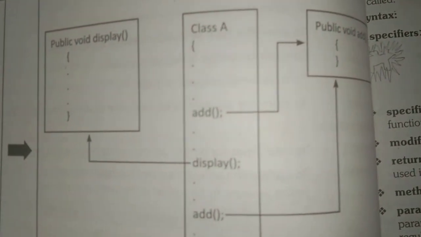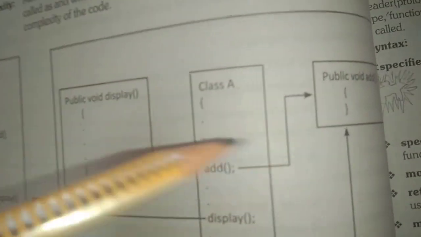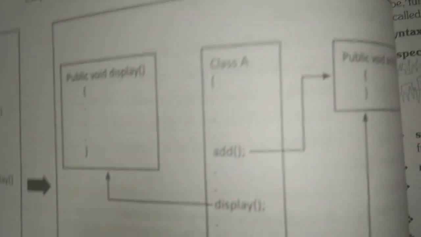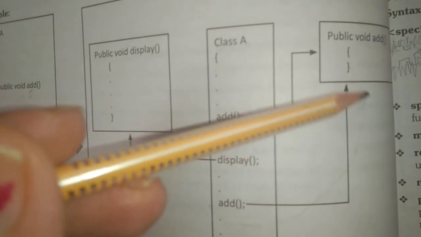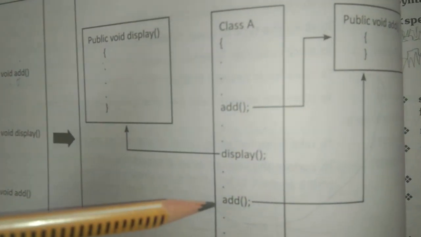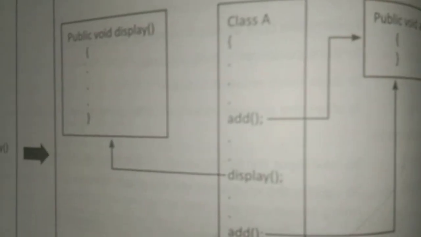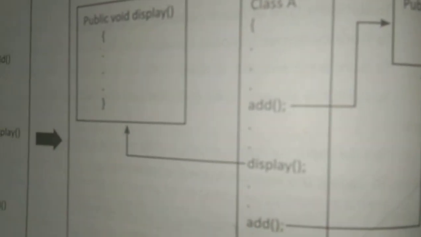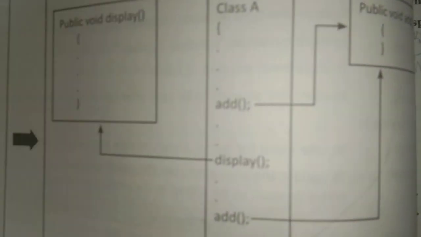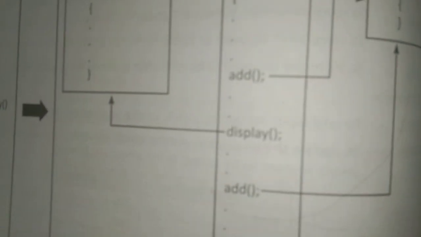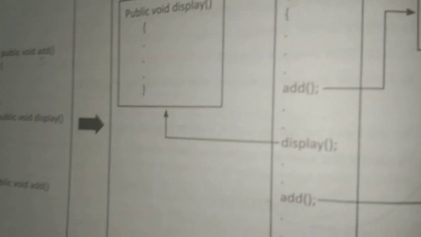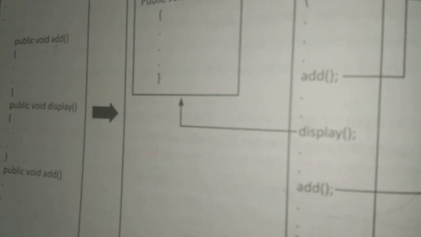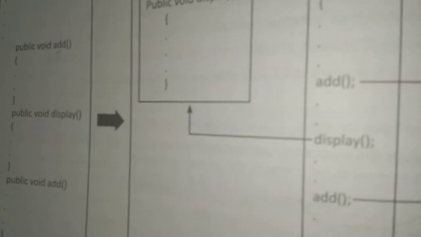When we call the add method, the control goes to the add method execution, and that body will be executed. If you call this add method again, it will again go to the add method, execute, and come back to the main method. So we need not write the code again and again and increase the complexity. We write the method code once and we can call it again and again. That is why a method is also called a subprogram, or a group of statements that is executed when it is called from some point.